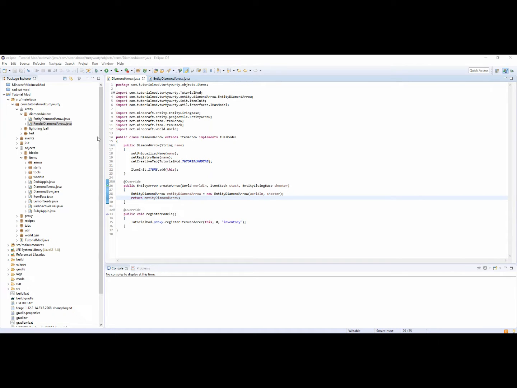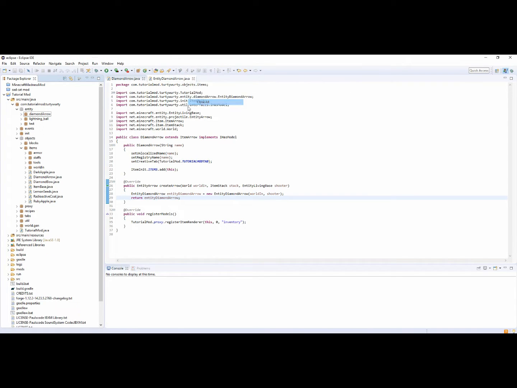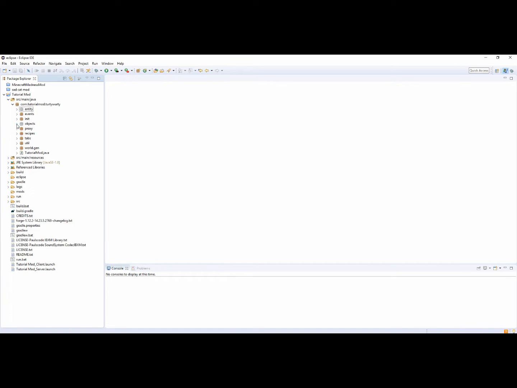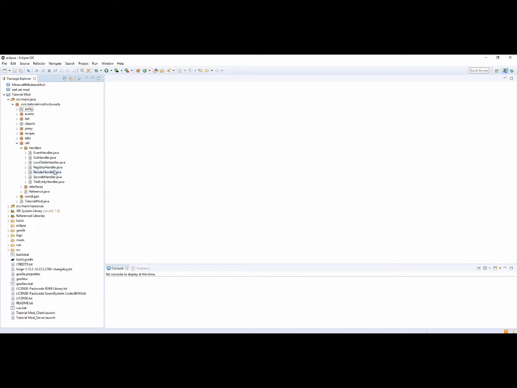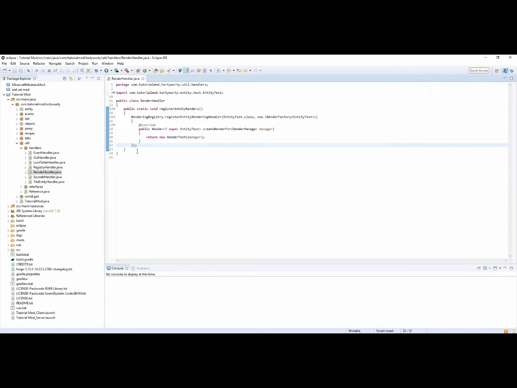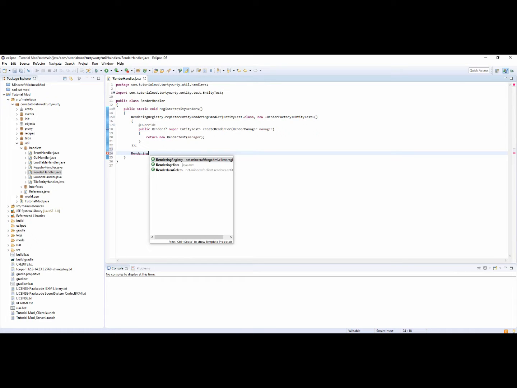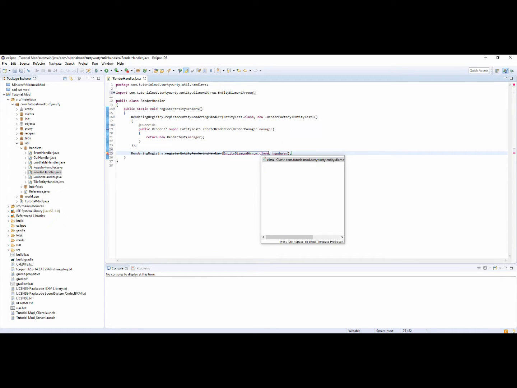Now we need to go ahead over to the render handler. So let's just close these, and util handlers, render handler. Inside here we need to go ahead and create a new thing. So RenderingRegistry.registerEntityRenderingHandler, EntityDiamondArrow.class,